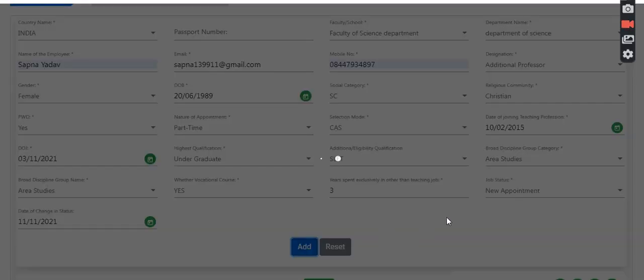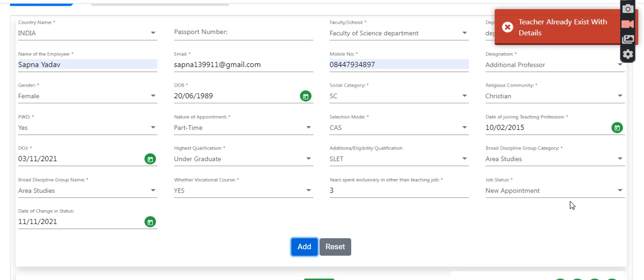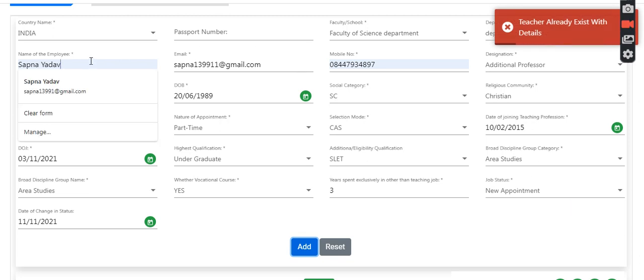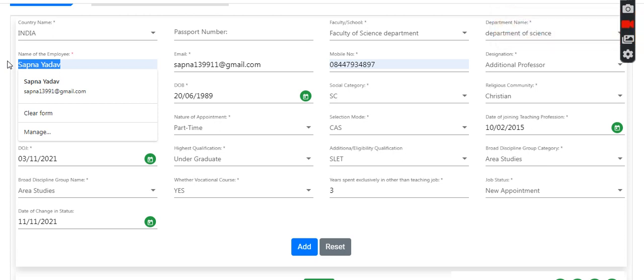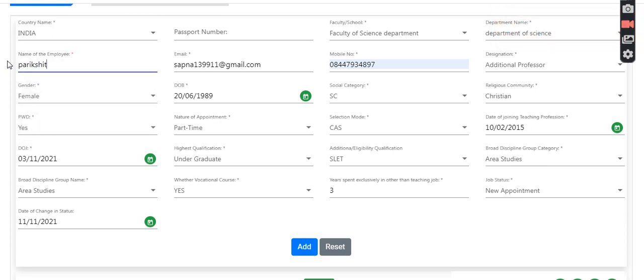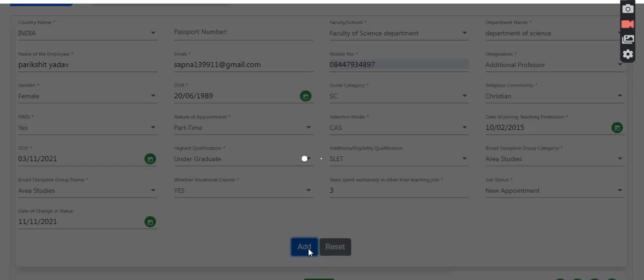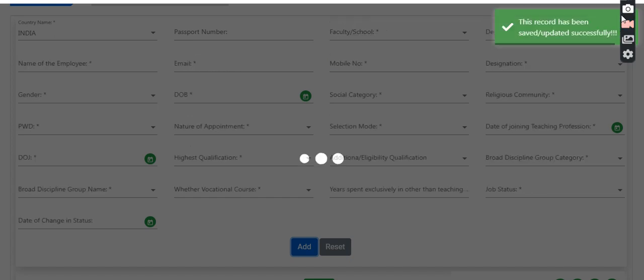Now click on the add button. This record has been saved successfully.